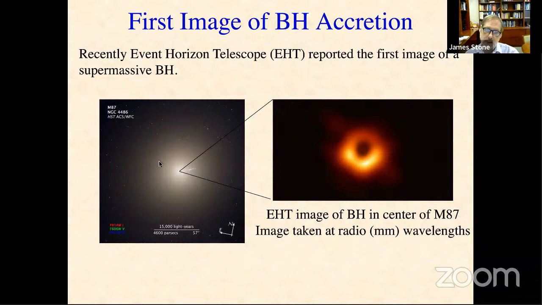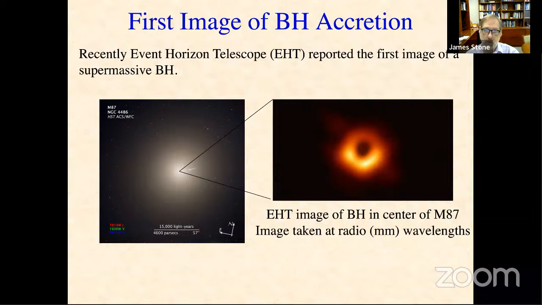And now with EHT, we could actually resolve the center with multiple resolution elements across the event horizon scale for this black hole. And we see this bright ring of emission in the millimeter wavelengths, which is coming from an accretion disk, from an accretion flow on the scales of the event horizon in the system. And we'd like to understand exactly how this flow is being fed and its